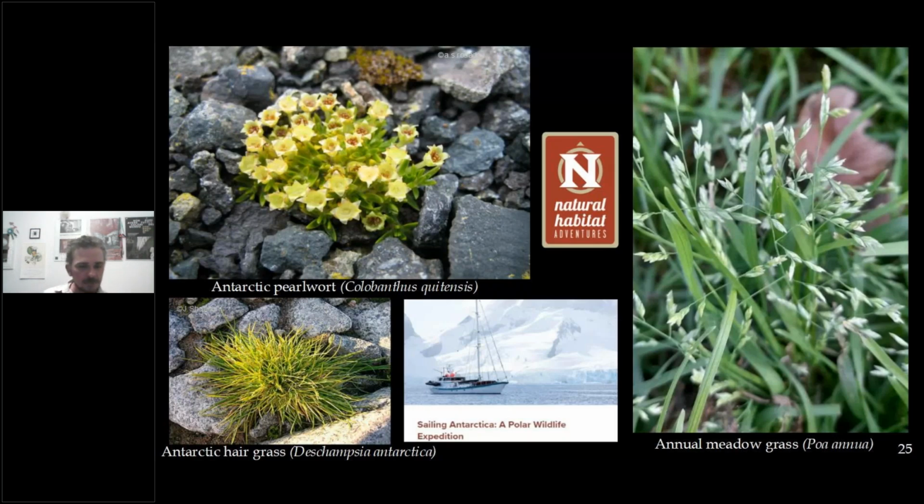The only angiosperm plants that grow in Antarctica are two: the Antarctic hairgrass and the Antarctic pearlwort. Unfortunately, human activities had allowed the entry of another angiosperm, the annual meadowgrass, an invasive cosmopolitan herbaceous plant that creeps into habitats